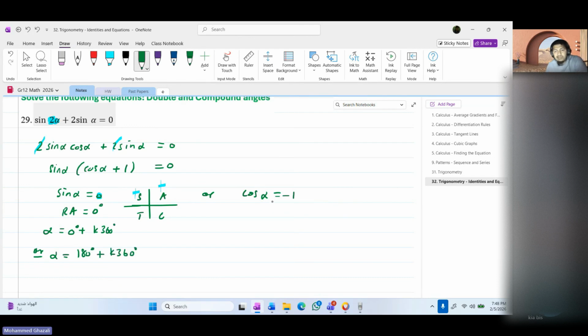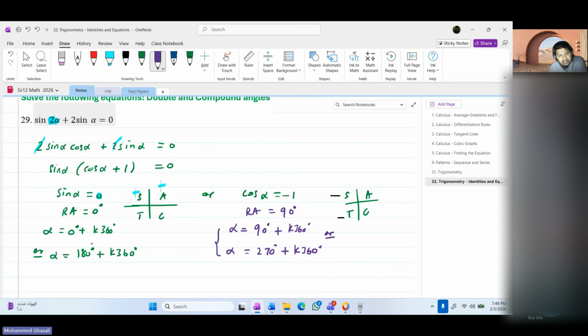So this side is done. Now next one. When is cos negative? Cos is negative in the second and third quadrant, okay? So the reference angle is cos inverse 1, which is 90 degrees. Second quadrant means 180 minus. So alpha is equal to 180 minus 90, which is 90 plus K360, or